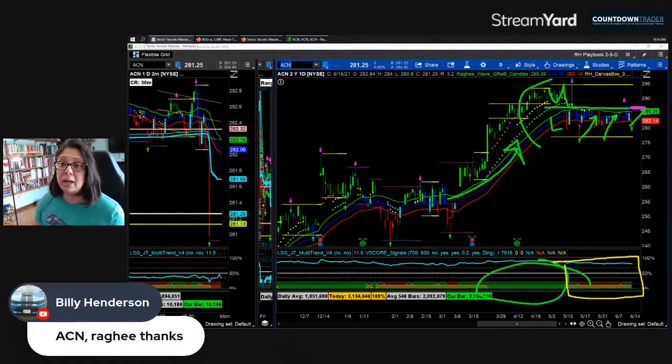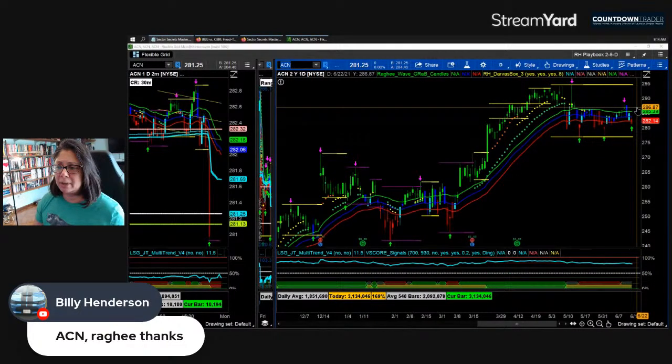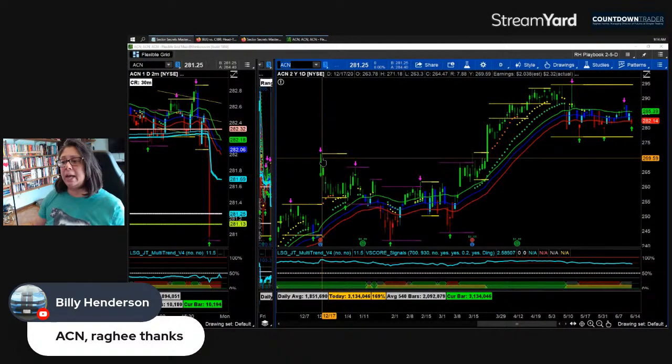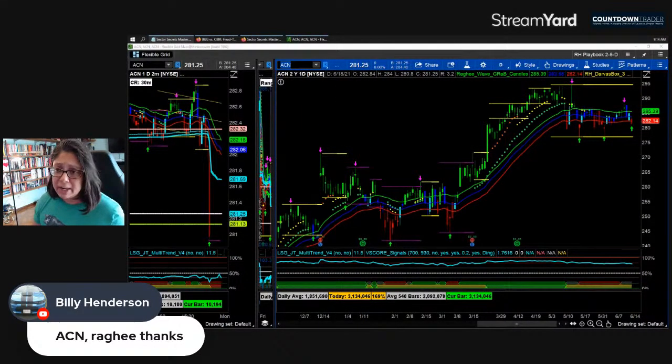So breaking that level is going to be pretty darn important. And that's going to put you in that 85 to 88 area on ACN. But the cool thing is here, even if the uptrend does not resume, by focusing on the lower half or the lower third, however you want to look at it, if all the market does is go to 290 or 295 or gets to 300 and fatigues,